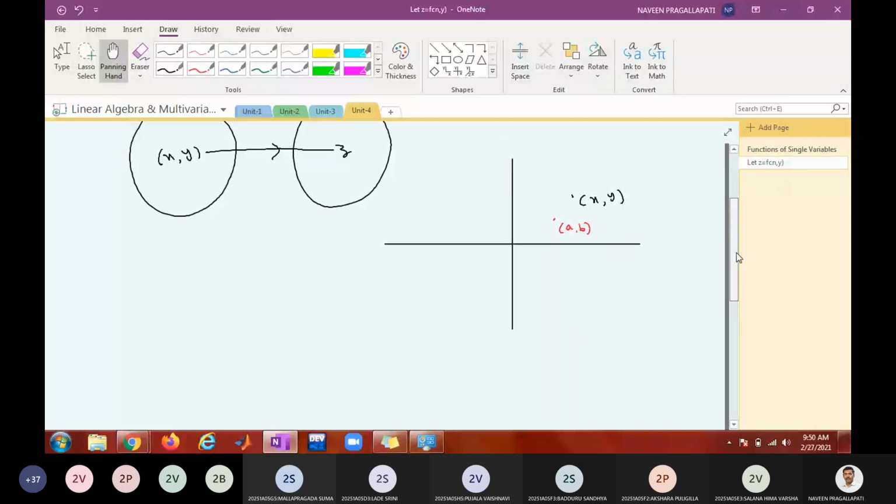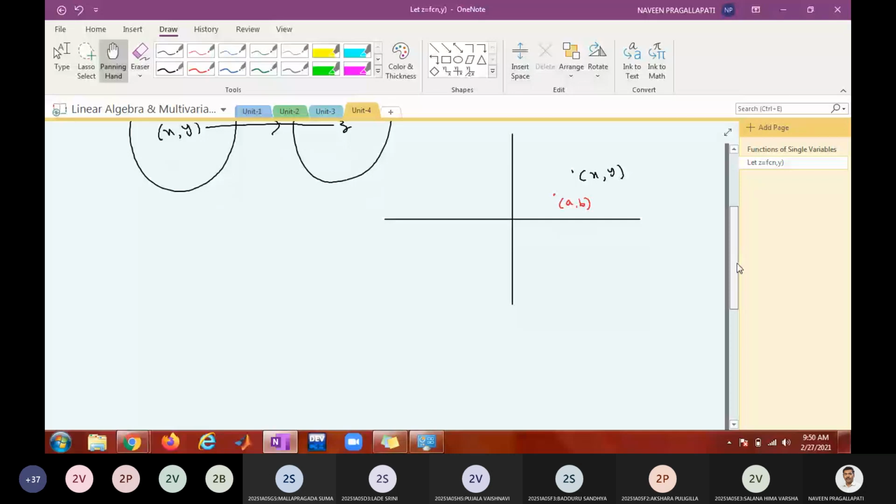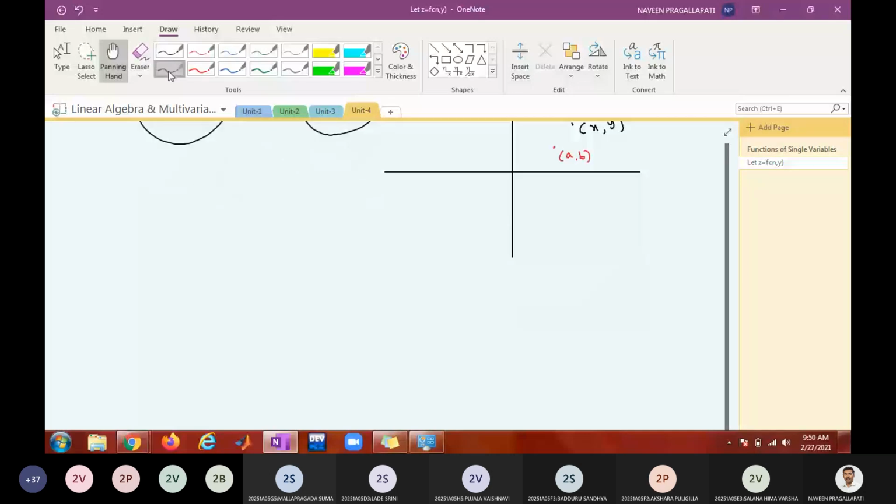I'm going to mimic the definition for a function of a single variable. First, let me write down the limit for a function of a single variable. Then we'll mimic. For every epsilon greater than 0, there exists a delta greater than 0, such that whenever x belongs to the deleted neighborhood of delta,